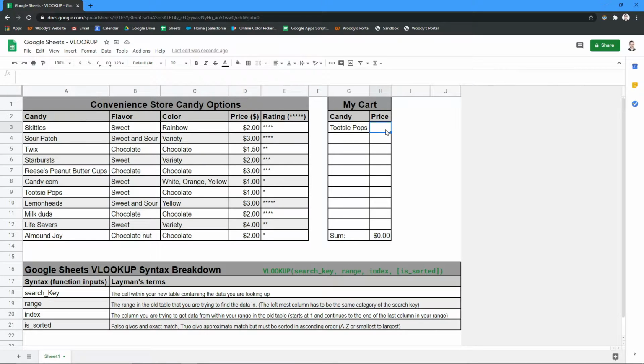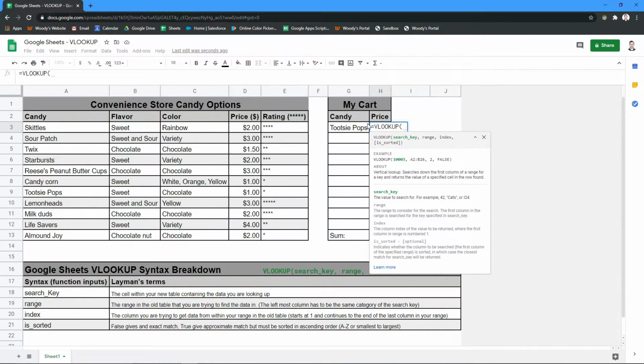So we're going to start in the cell that we actually want to output to. We're first going to type in equals into this blank cell, and we're going to type VLOOKUP. You can see it says VLOOKUP right there. Now if I just press tab, it'll autofill it and start the function for me. I'm going to press the little question mark to give us some information on the actual function.